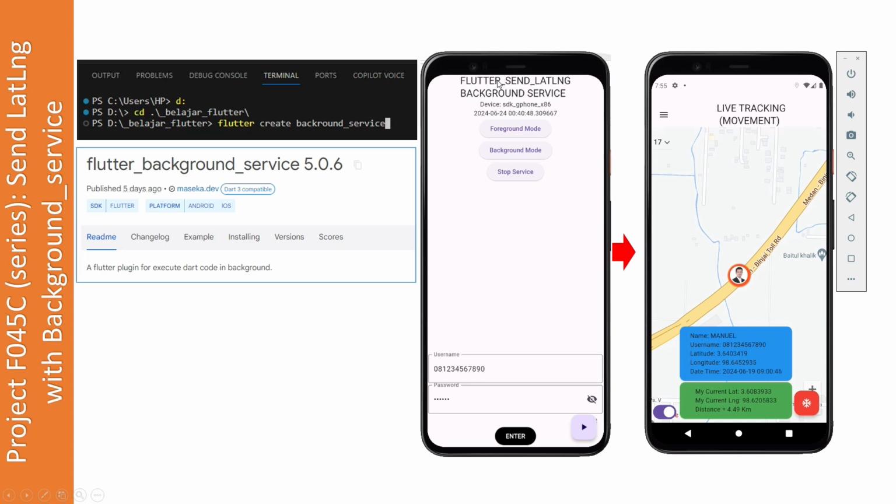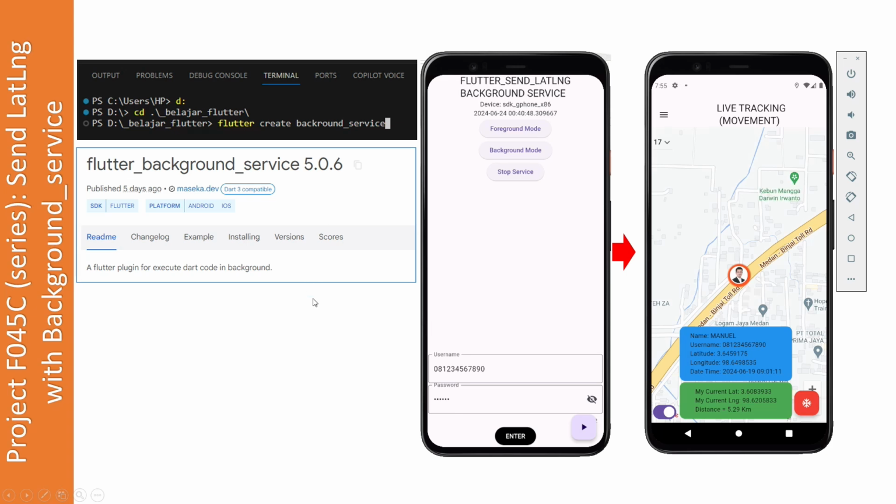It means always on, because we want to use every lat long to monitor live tracking, like on the right side.